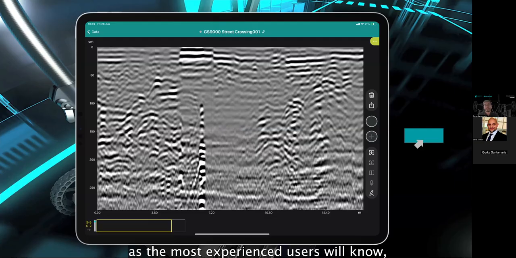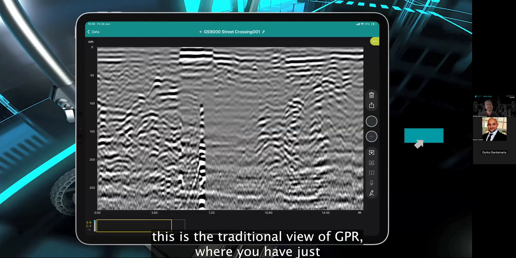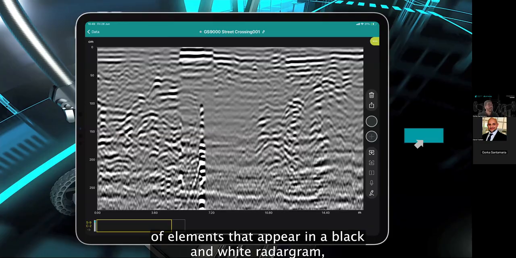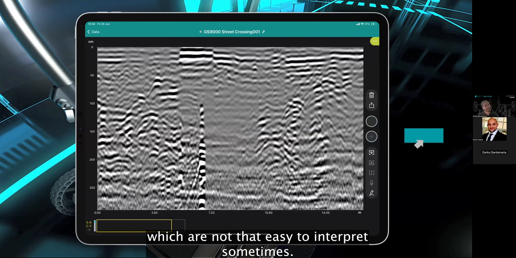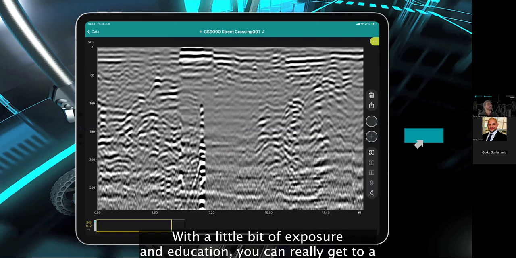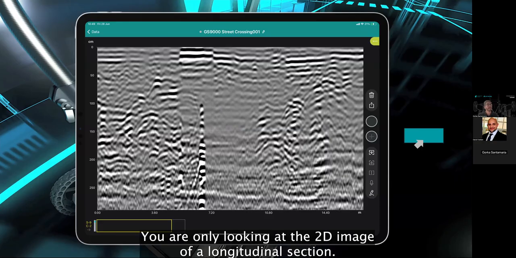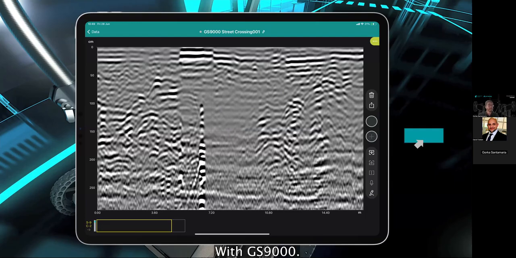In GPR, as the most experienced users will know, this is the traditional view, where you have a massive amount of elements that appear in a black and white radargram, which are not that easy to interpret. Sometimes with a little bit of exposure and education, you can really get to a good level. However, you are still only looking at the side view. You are only looking at the 2D image of a longitudinal section. With GS9000,